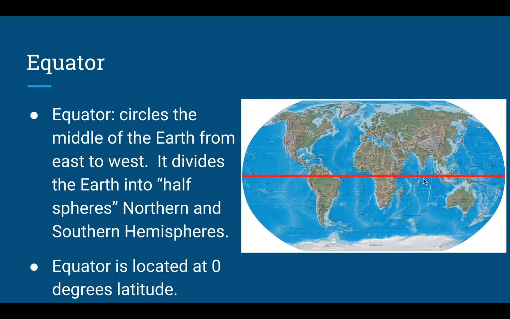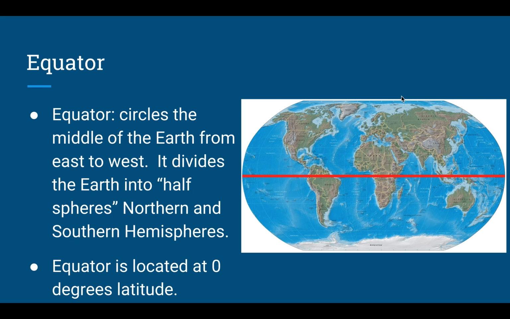You also need to know that the equator is located at 0 degrees latitude, and I will explain that later on in this video lecture. But on your map, you should see a bunch of numbers and degrees running on the left-hand side, going up and down. And then at the very top, you should see some numbers with degrees also, but we'll get to that.